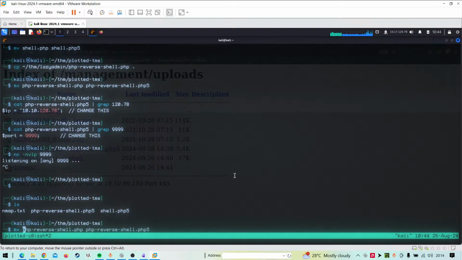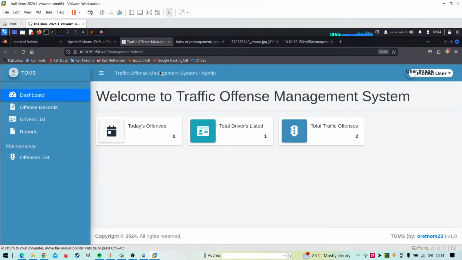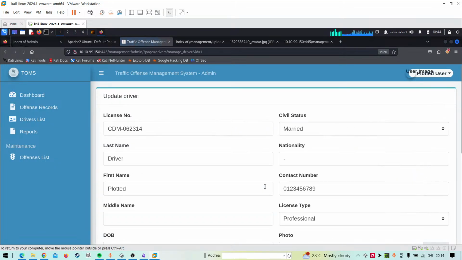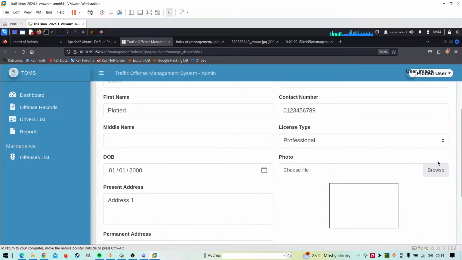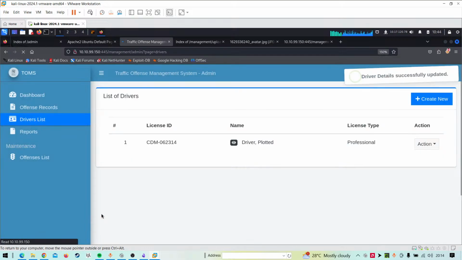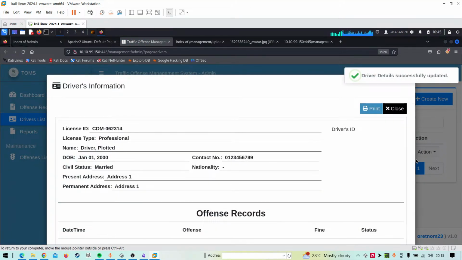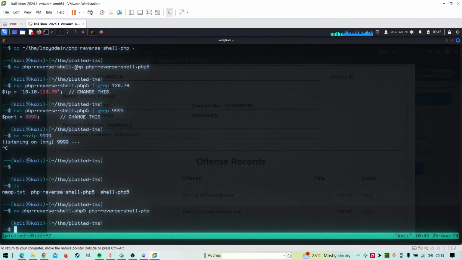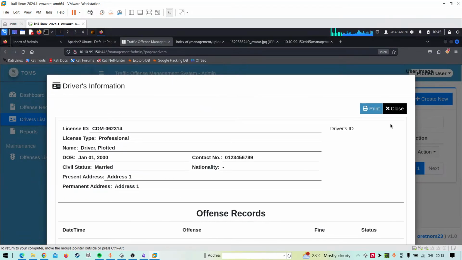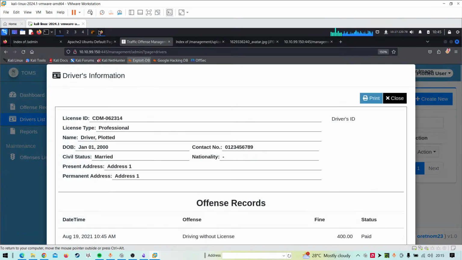So if I just change this PSP5 to only PSP, back to PSP, and if I just try to upload maybe a driver license, we can just edit that and just come up over here, right? So just open up PSP and just try to save it. And if I try to view it back, maybe it will just trigger the backend. Okay, so I have to first start a reverse shell, and yeah. Now if I just try to view it again, that should trigger it.